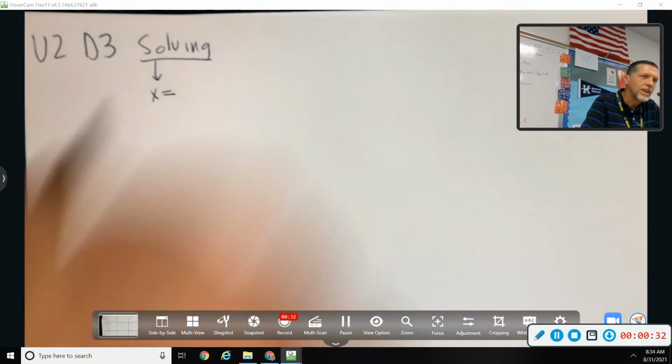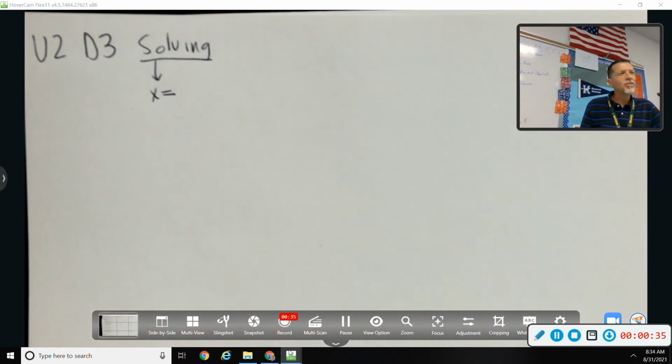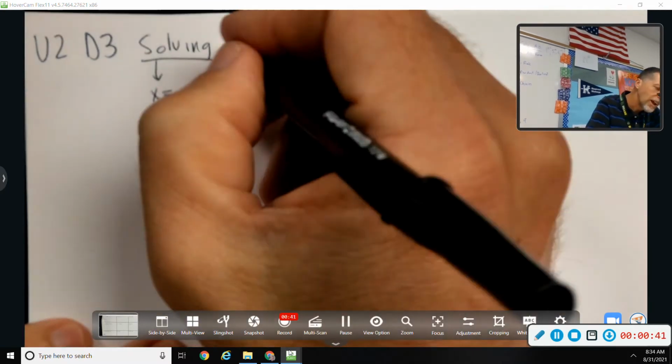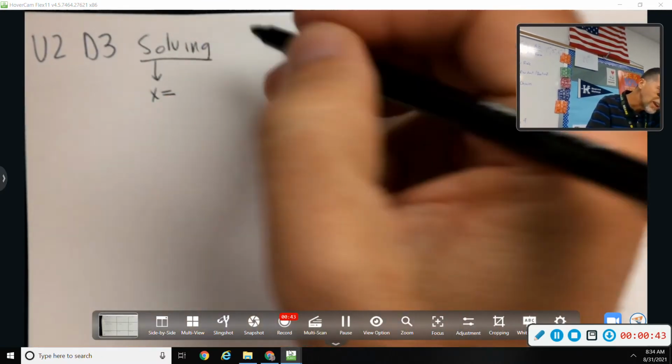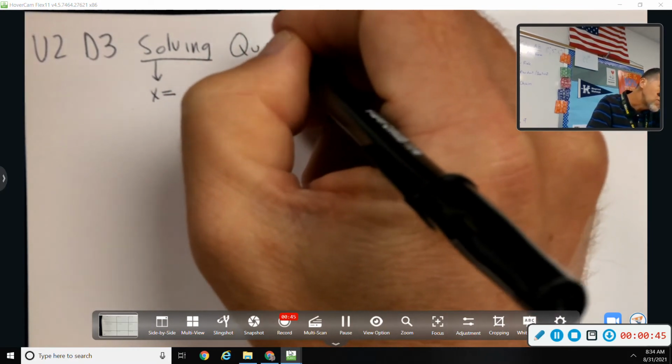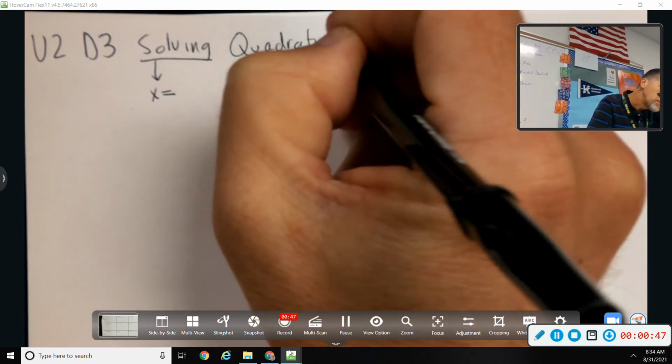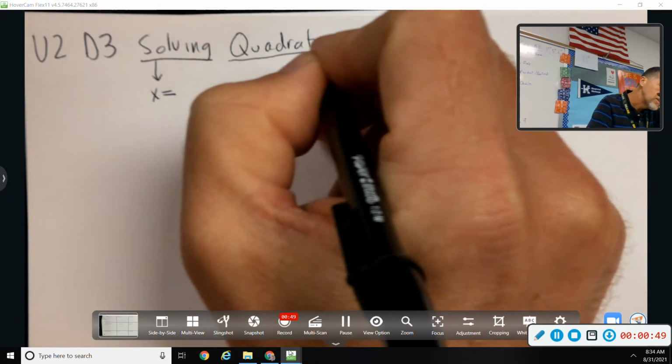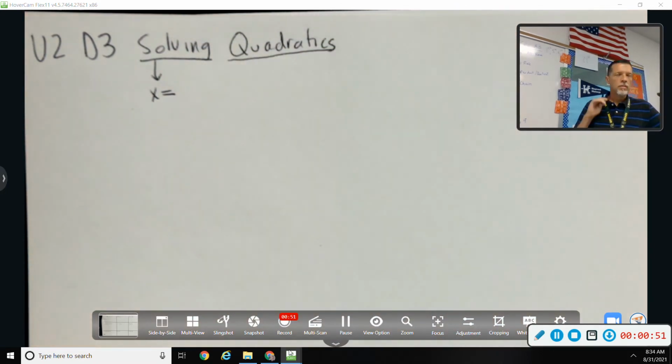Today you're going to get a value for x. Yesterday you stopped just short of getting a value for x. Today you're going to take it the next step and solve quadratics. So solving means figure out what x is. Quadratics,